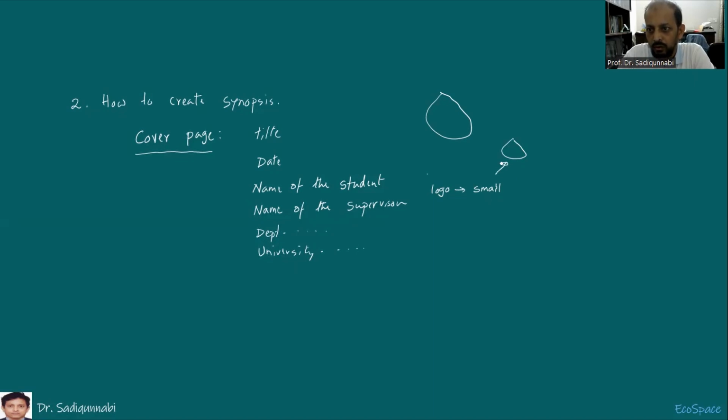A small logo, and it must be placed maybe here, or maybe at the beginning of this paper, or maybe here. So if this is your first page or cover page,